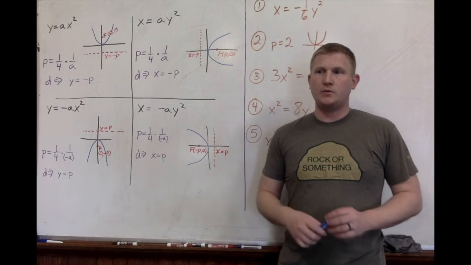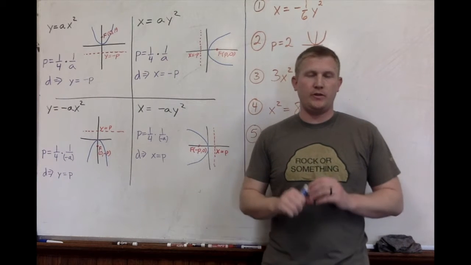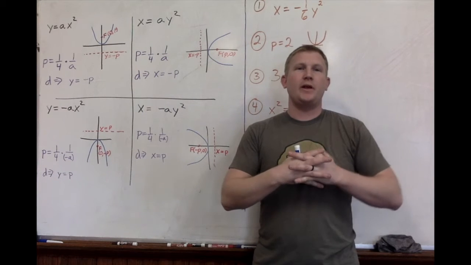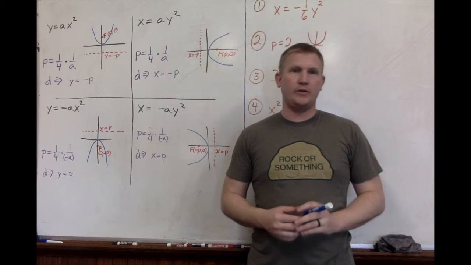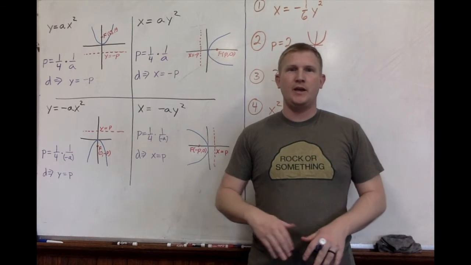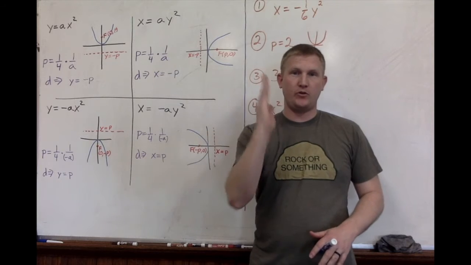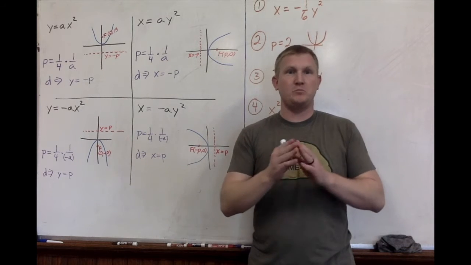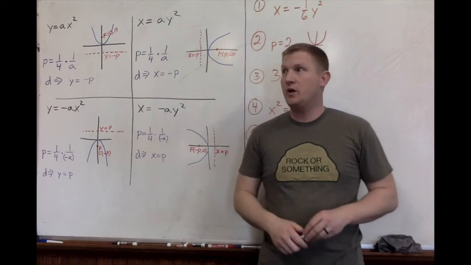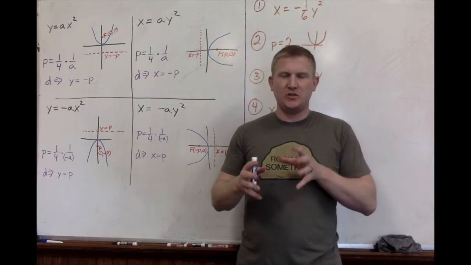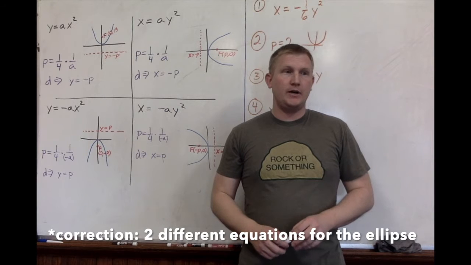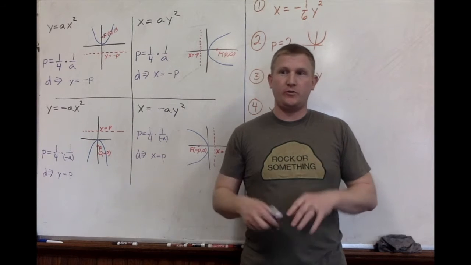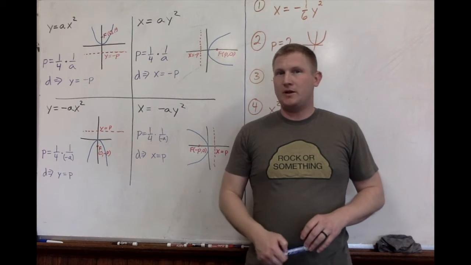If you recall, once we had our equation for the ellipse, we realized that there are actually two different kinds of orientations for the ellipse, or at least the ones that we care about, namely that of a horizontal and that of a vertical ellipse, where the major axis is horizontal or vertical. So technically we distilled it down to four different equations for an ellipse, depending on whether it's horizontal or vertical. For the parabola, however,